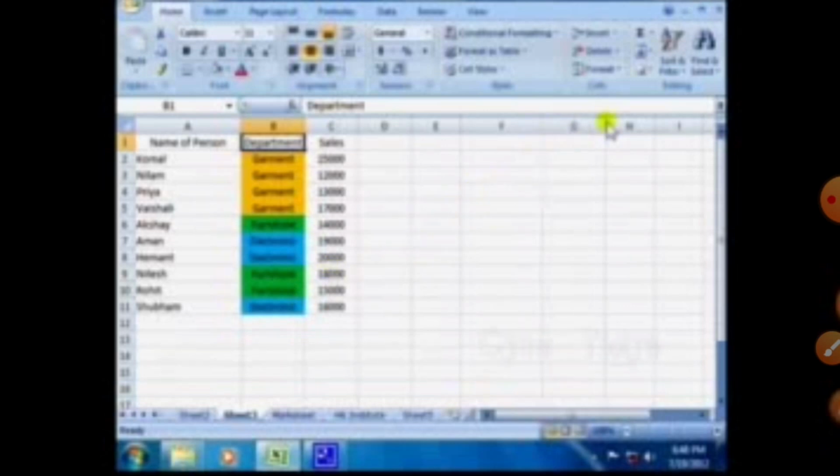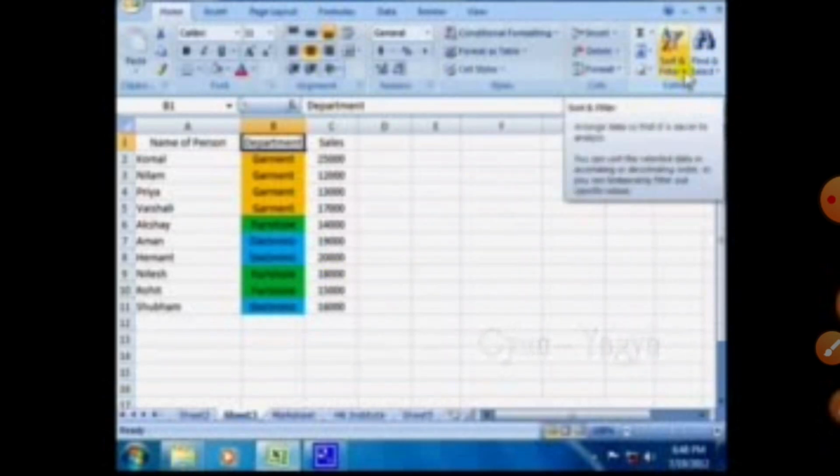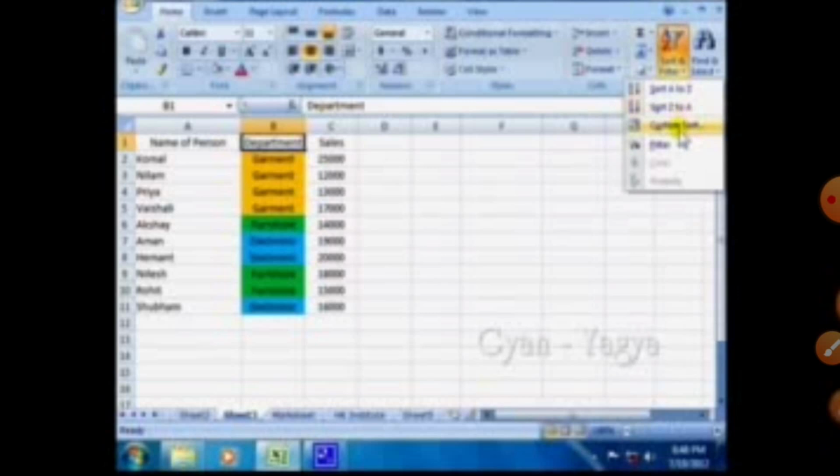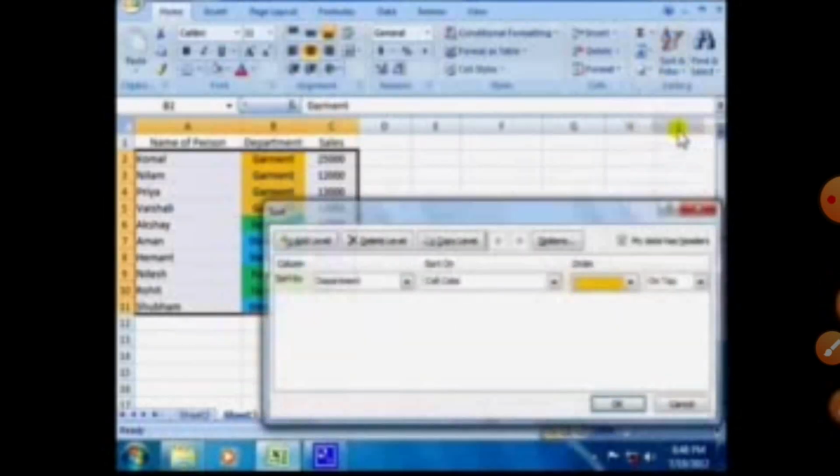Next, as we want to set the color for the other department, we again open custom sort, then select the department as selected. Now we only have to choose the color. As I have selected orange color for the garments, this time we have to select for the electronics.